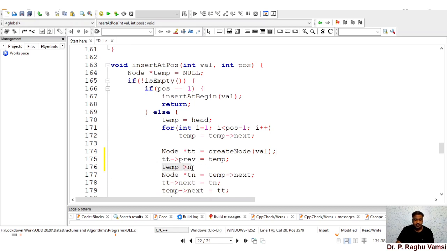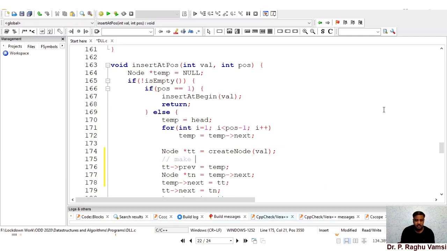Now temp next should be assigned to the newly created node, tt. To have a good idea of this, we will write it here.